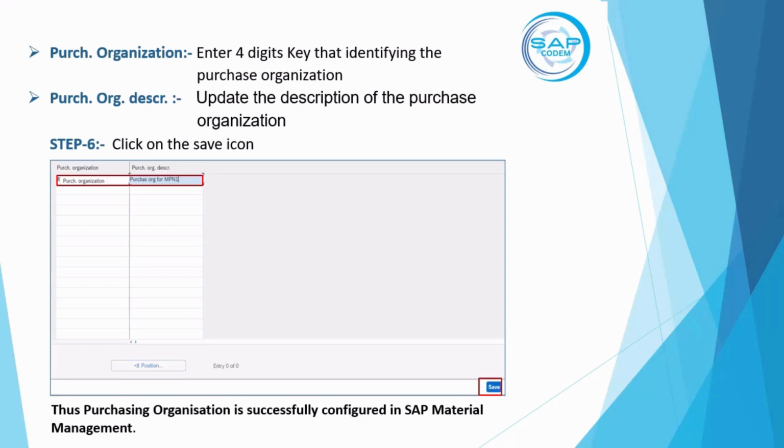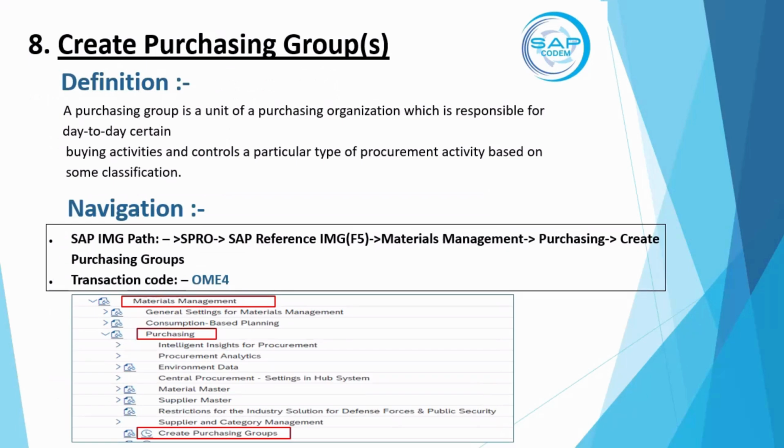Once you learn this process, once you get accustomed to how to do the configuration, you can get system access and do it on your own. That's how you practice, and you will learn how to configure the enterprise structure. So now we created the purchasing organization, and we go to purchasing groups. Remember, purchasing groups are called buyers. So we create the buyers,